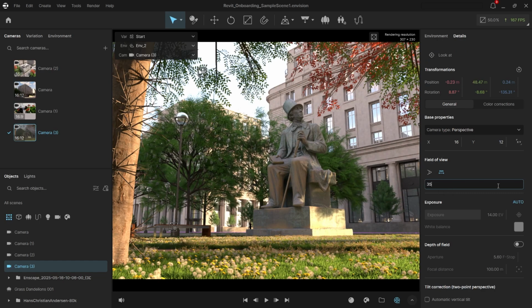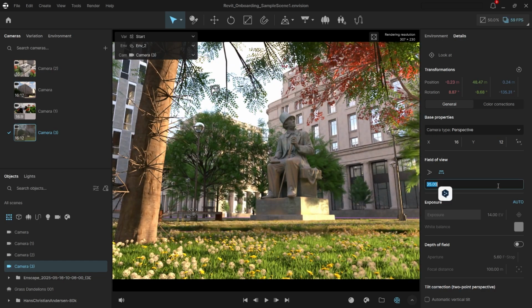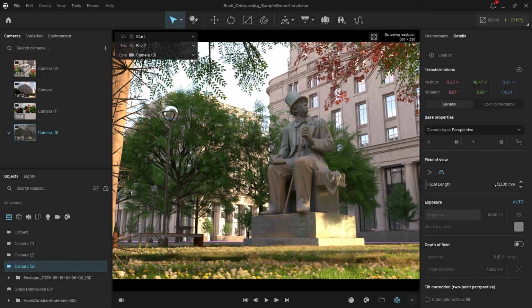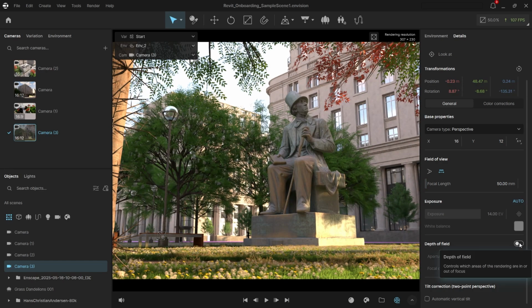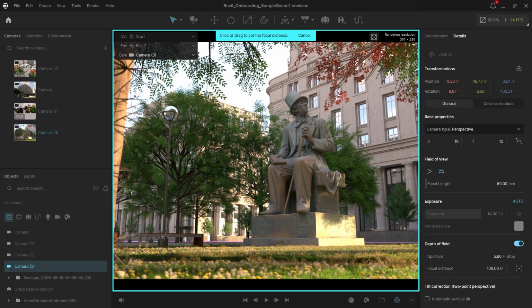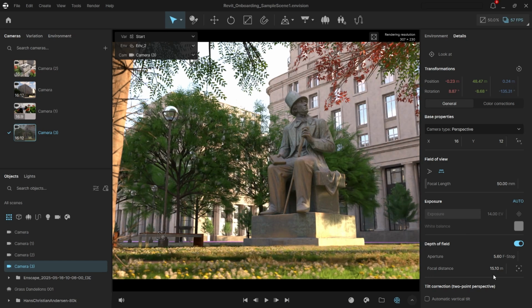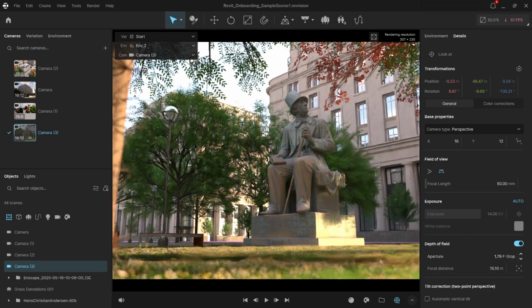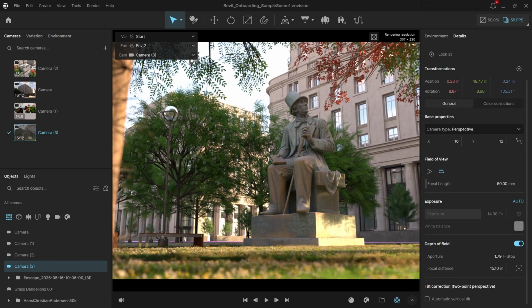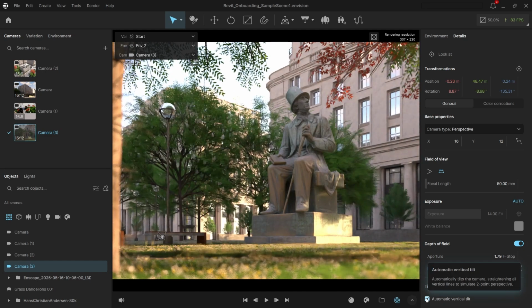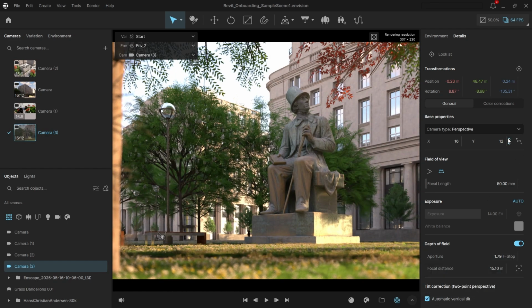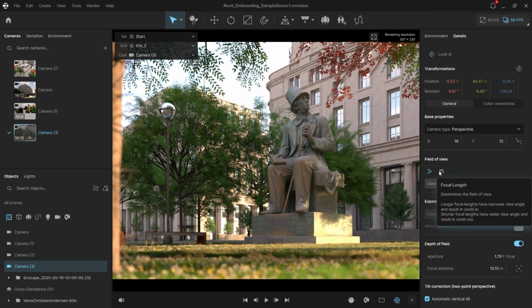So we can see we can set the field of view for focal length or field of view as well. You can dial it in for millimeters, or you can do degrees. We have our exposure settings, and then we also have our depth of field. So this is where you can pick a focal distance that you'd like. And then we can adjust the aperture settings as well. Notice the depth of field taking effect in real time there. We can also do 2-point perspective. And there's where we can set the view angle for distance or millimeter, or for field of view or focal